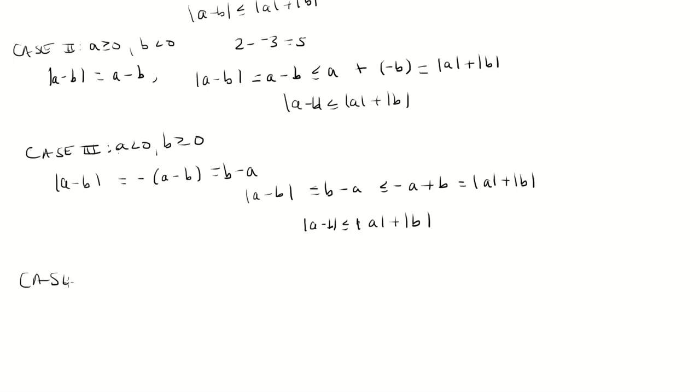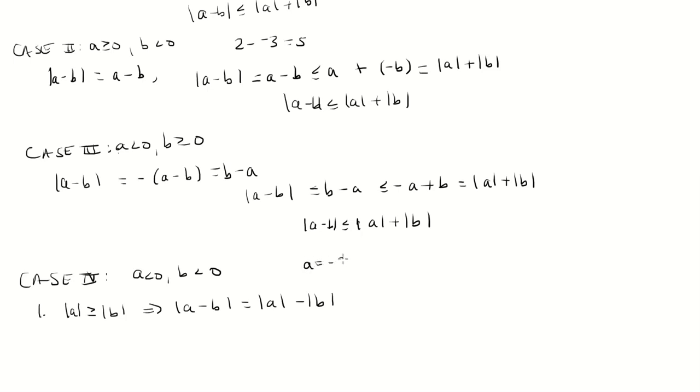And then finally, the last case, both of them will be negative. So either, well, let's say the absolute value of a is greater than or equal to the absolute value of b, then that means that the absolute value of a minus b is the same thing as the absolute value of a minus the absolute value of b. So this you can think of like